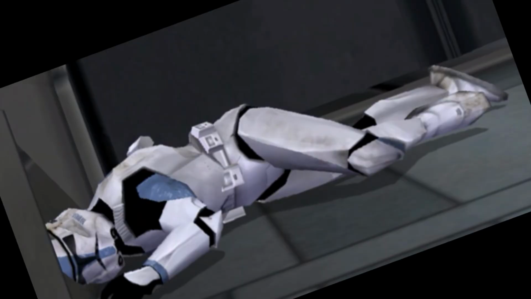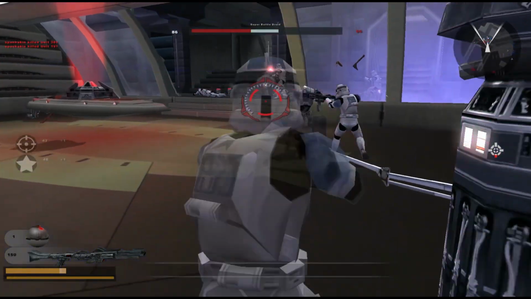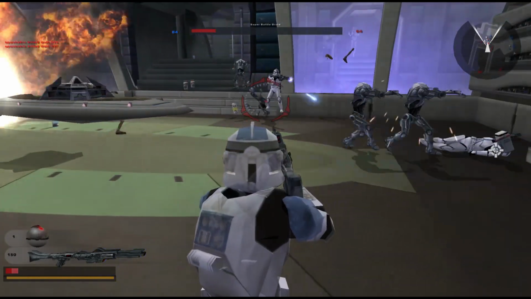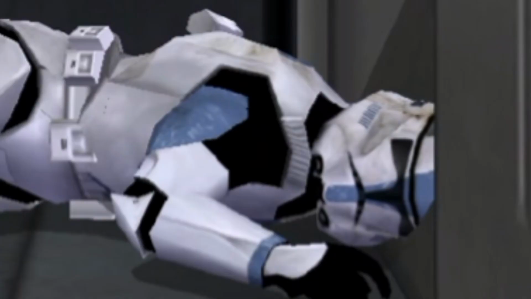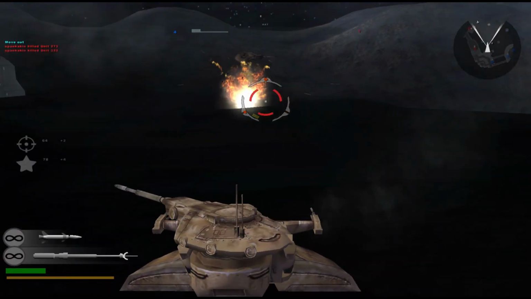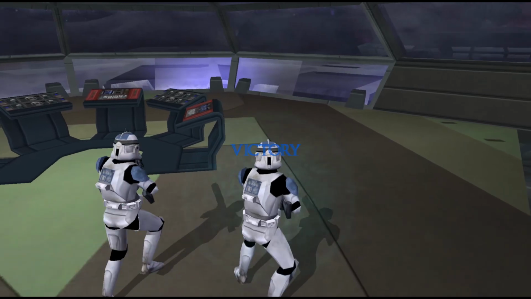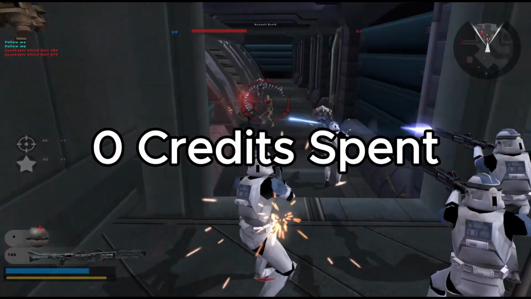Eventually though, after one of the most fierce and clumsy scrums of the entire run, the stragglers scattered, so I met up with Tom and Harry. I was Dick. And we hunted down the rest of the droids with no more or less than one reinforcement remaining. The stress on this one was insane, but we were still going strong with 0 credits spent throughout